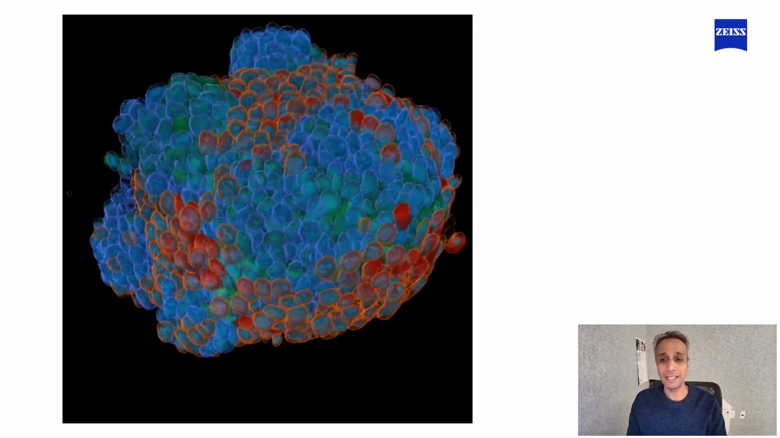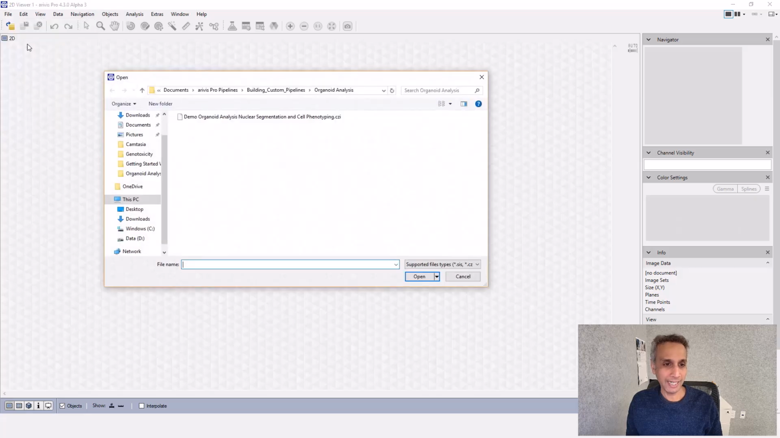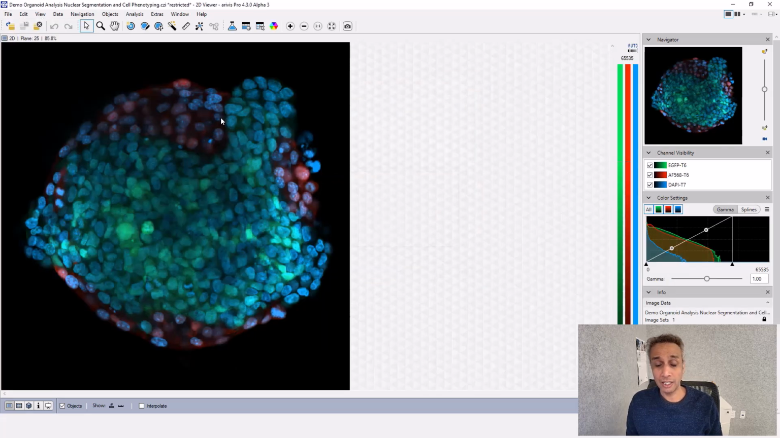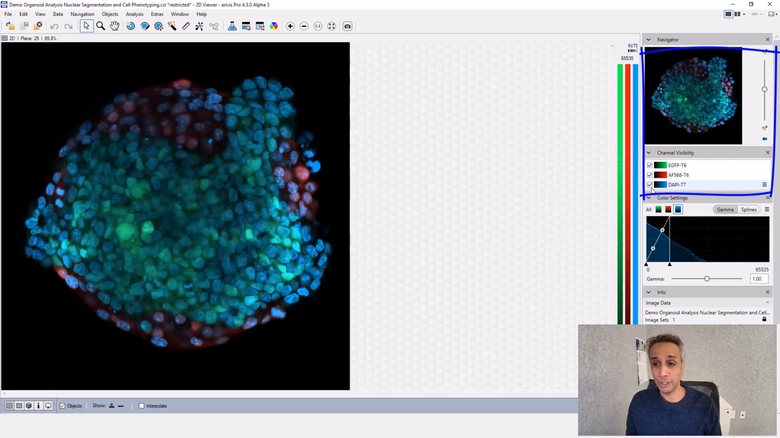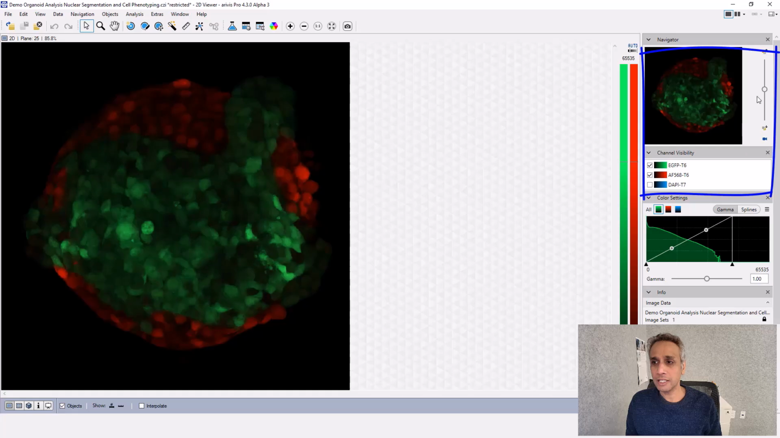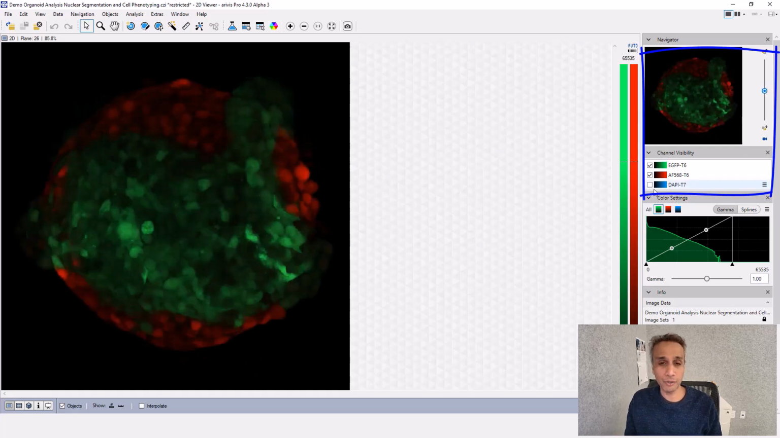So let's get started. To open a file, click on File, Open, and select the file. And this is a 3-channel image. On the right-hand side, you can check and uncheck these boxes to view a specific channel. And of course, DAPI is showing us all nuclei. This is the Z-slice, and sliding this slider shows you a specific slice, and that gives you a better understanding of